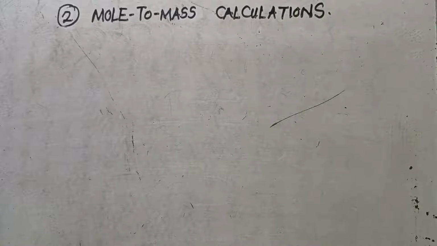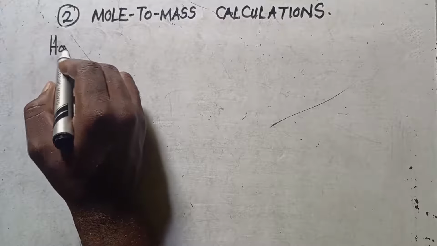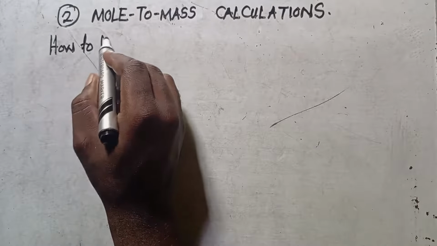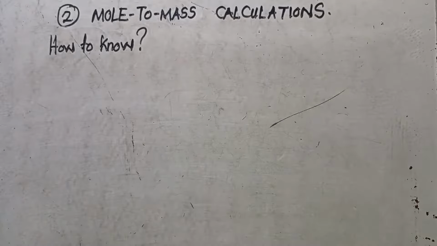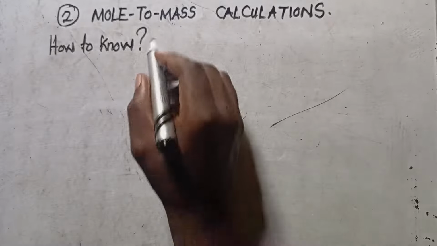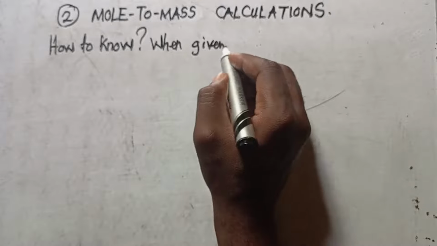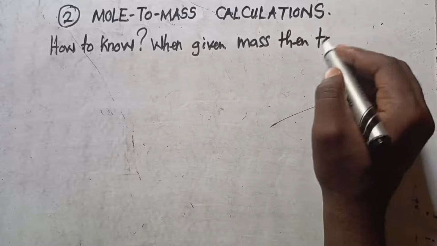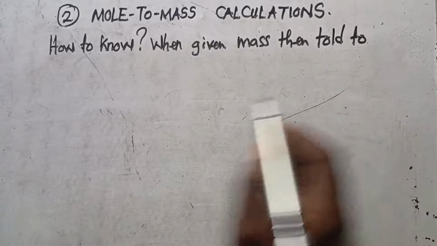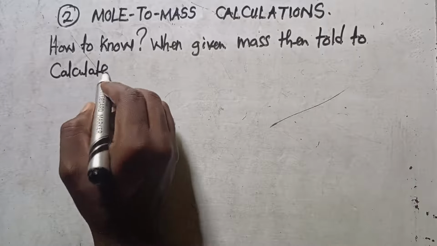How can we go about such questions in an exam? How can you know that on this question I'm supposed to use the mole-to-mass calculation? When you are given mass, then told to calculate the moles,